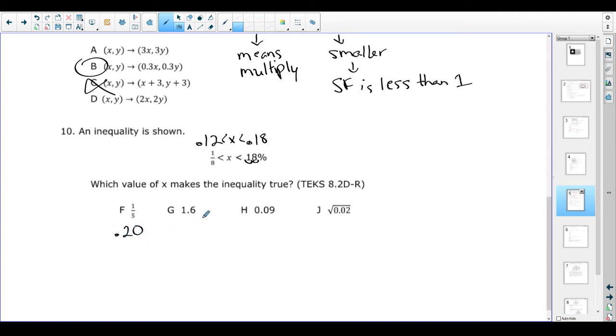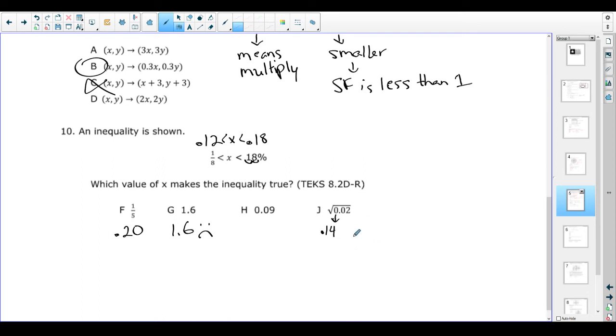That's not it. 1.6 is 1.6. That's not it. Some people pick this. I don't know why. 0.09 is too small. So that just leaves the square root of 0.02. And if I'm like, well, I don't know what the square root of 0.02 is, but I have a calculator. And the calculator does work for you. And the calculator is telling me that the square root of 0.02 is